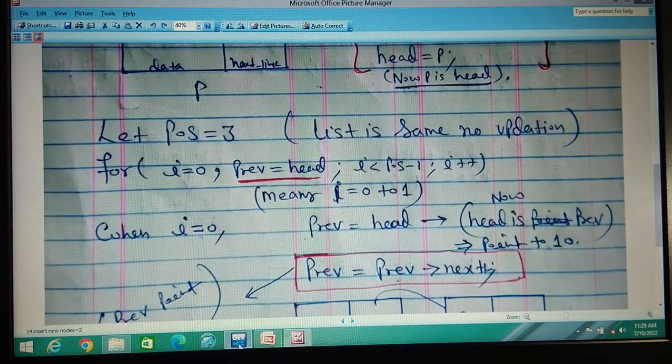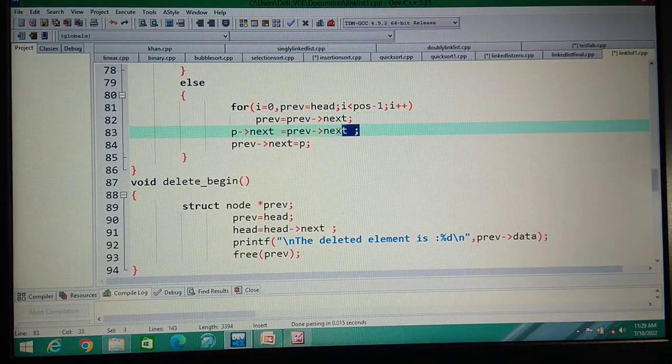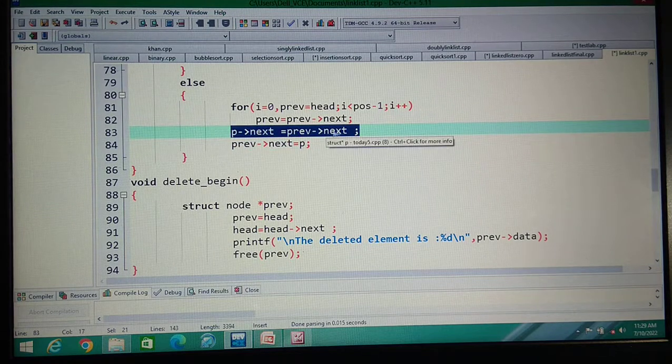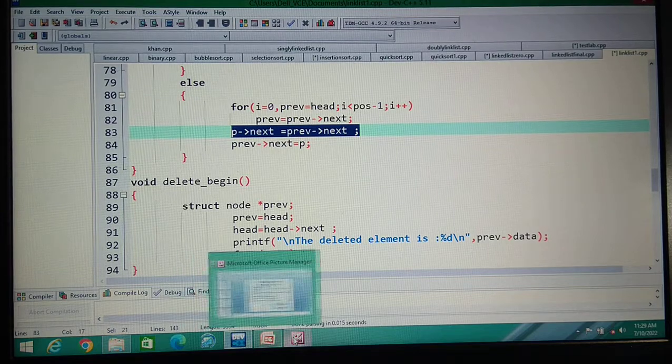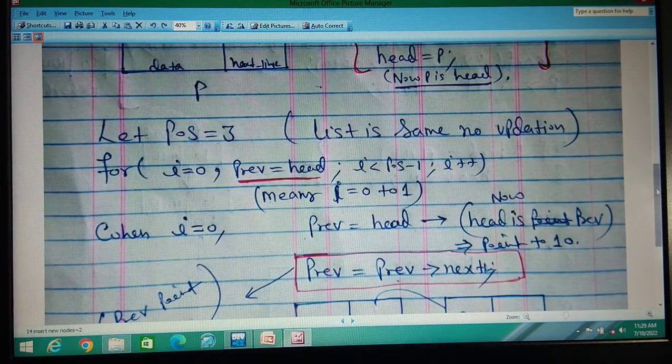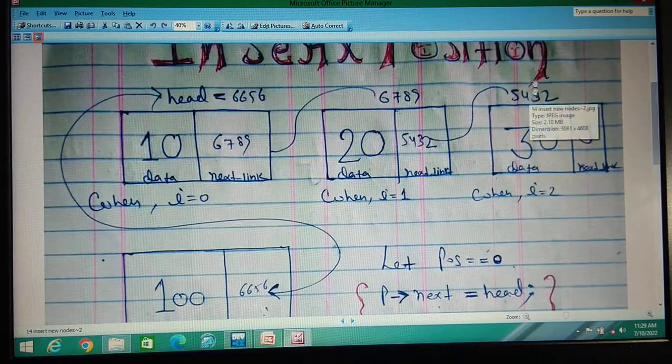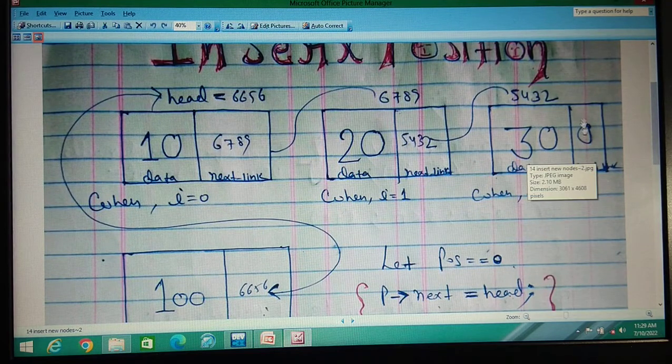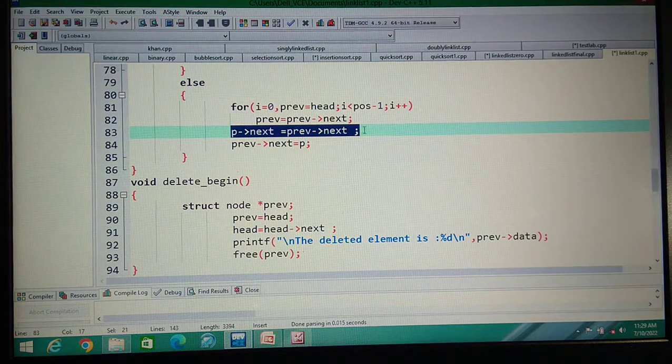Then once you have come here, you have written PREV dot next. Again remember, what was PREV? By the help of the for loop, your PREV is this. Its next is null. So PREV next, which is null, is pointing to P dot next.